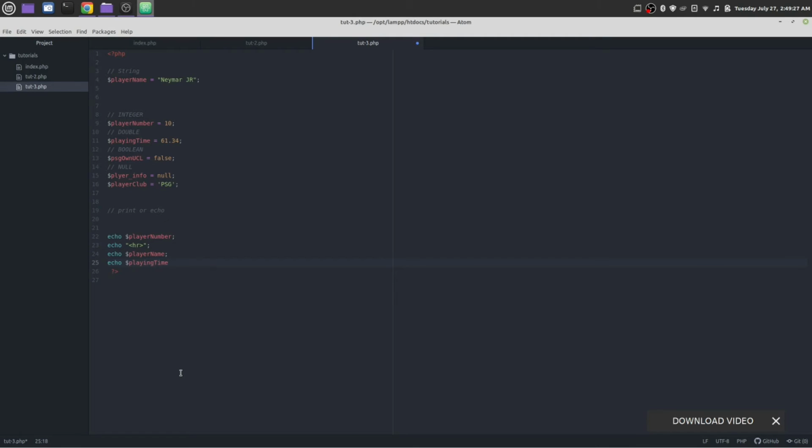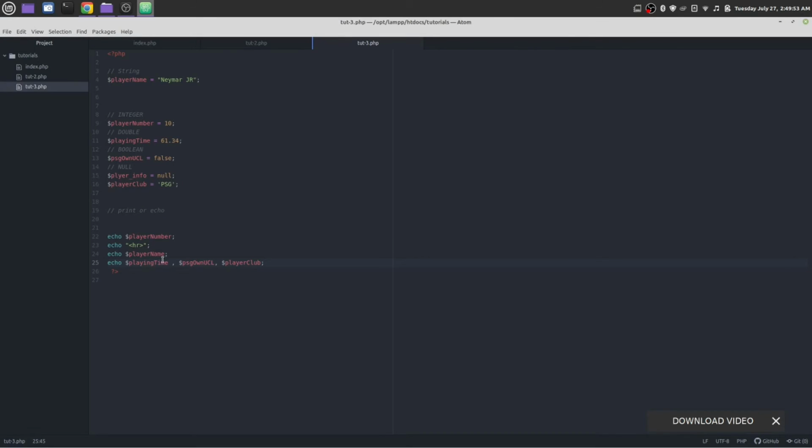Playing time, comma, PSG on UCL, comma, player club, and semicolon. Save it and reload the page. You see this is the value.